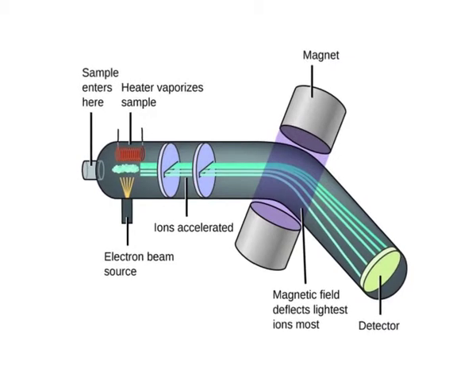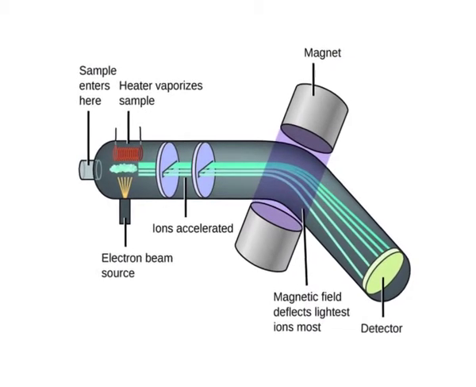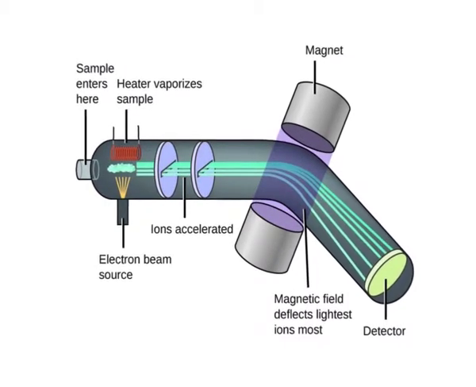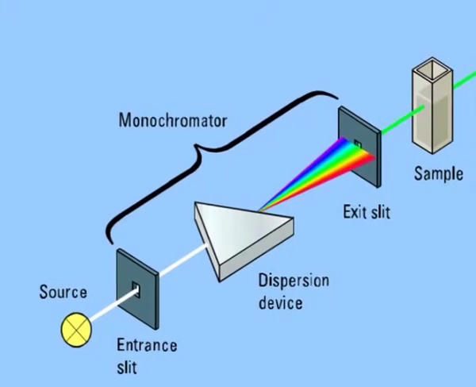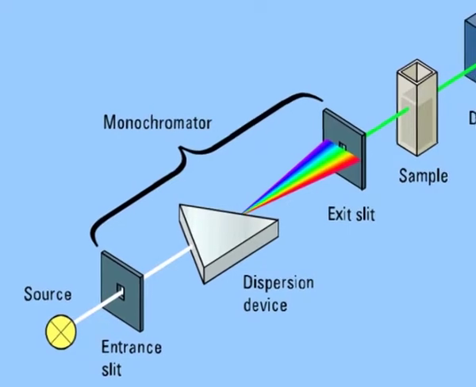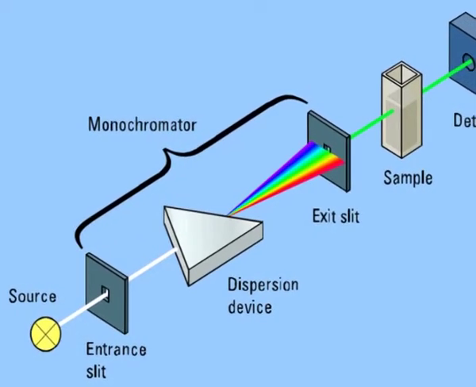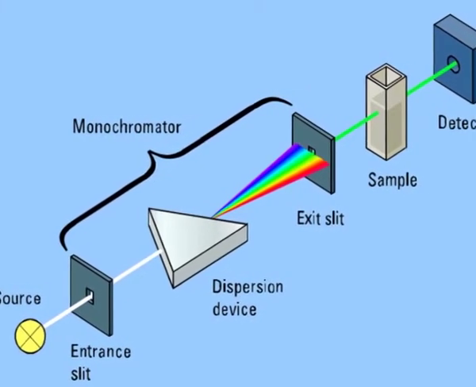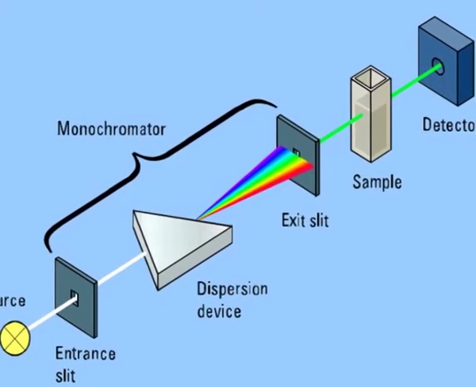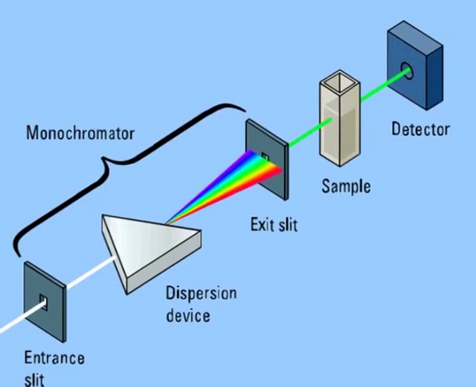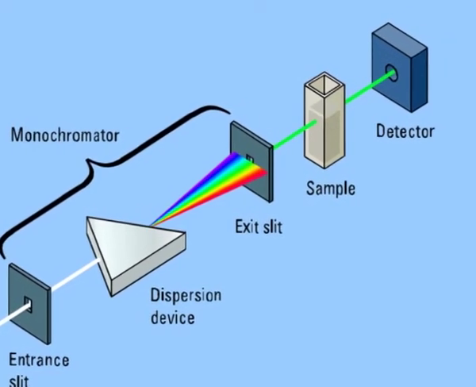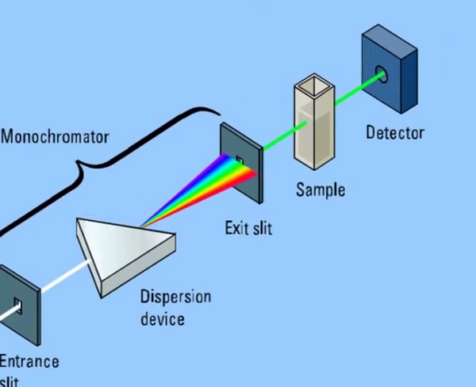The instrument used in ultraviolet visible spectroscopy is called a UV visible spectrophotometer. A spectrophotometer is an instrument that measures the amount of light absorbed by a sample. Spectrophotometer techniques are used to measure the concentration of solutes in solution by measuring the amount of the light that is absorbed by the solution in a cuvette placed in the spectrophotometer.